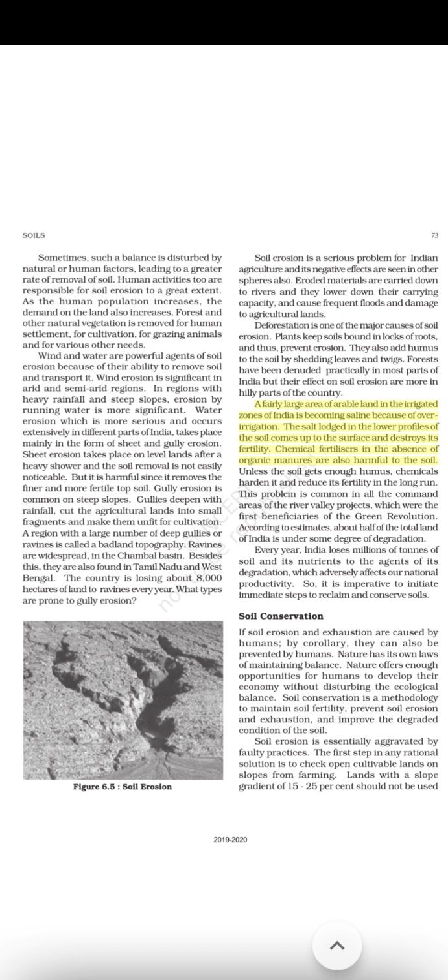A fairly large area of arable land in the irrigated zones of India is becoming saline because of over-irrigation. The salt lodged in the lower profiles of the soil comes up to the surface and destroys its fertility. Chemical fertilizers in the absence of organic manures are also harmful to the soil. Unless the soil gets enough humus, chemicals harden it and reduce its fertility in the long run. This problem is common in all the command areas of the river valley projects, which were the first beneficiaries of